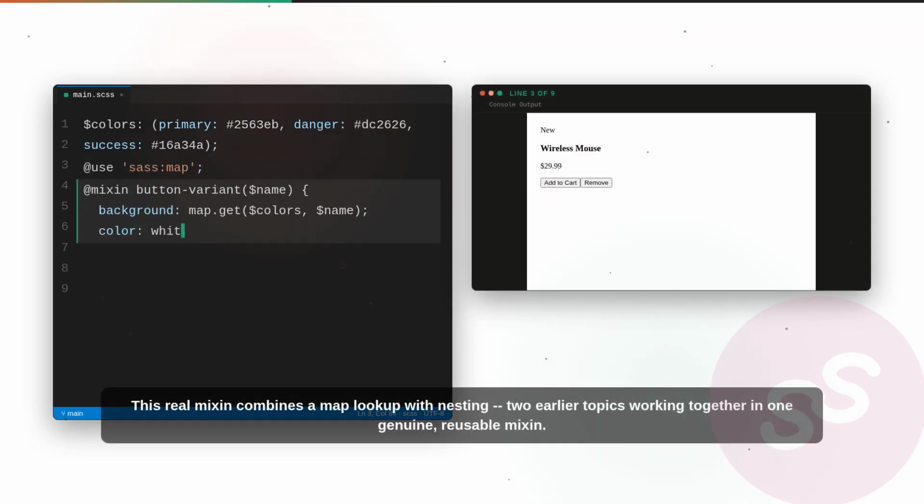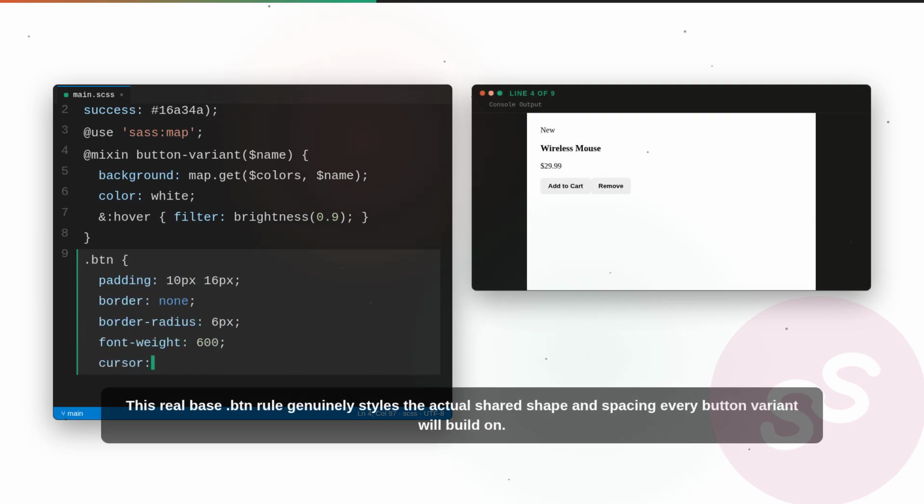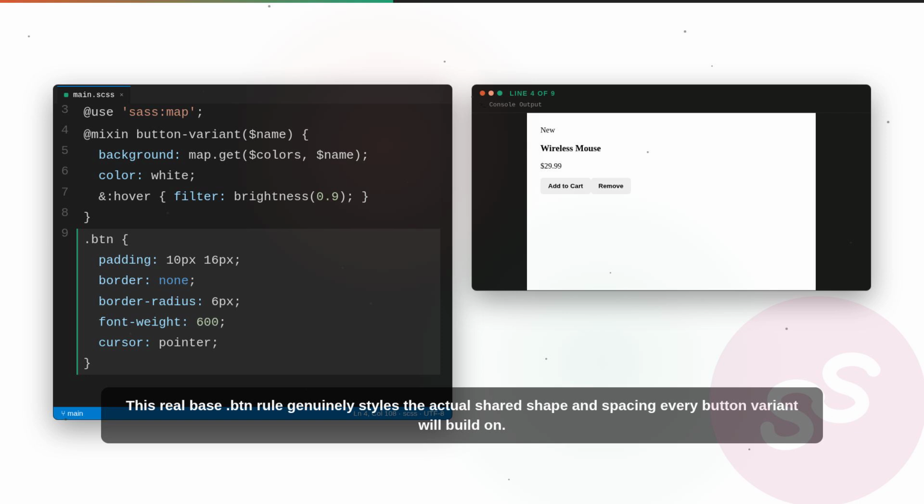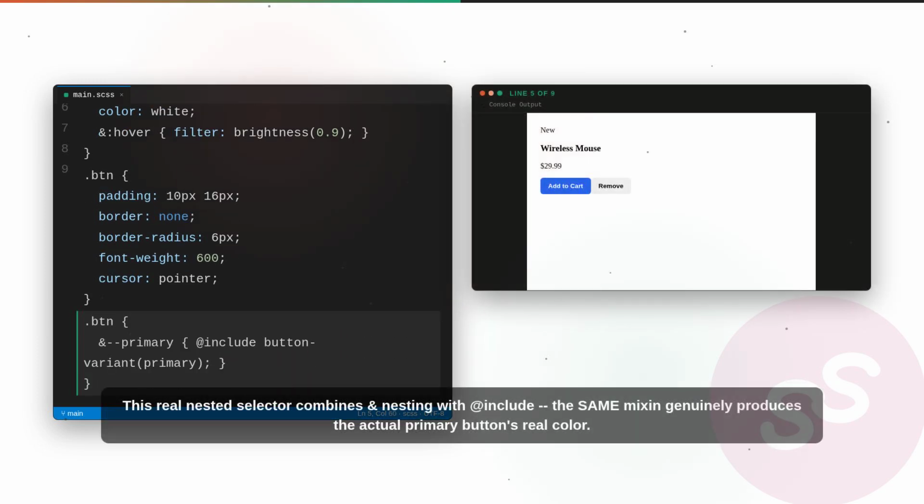This real mixin combines a map lookup with nesting, two earlier topics working together in one genuine, reusable mixin. This real base.btn rule genuinely styles the actual shared shape and spacing every button variant will build on. This real nested selector combines nesting with that include the same mixin, and genuinely produces the actual primary button's real